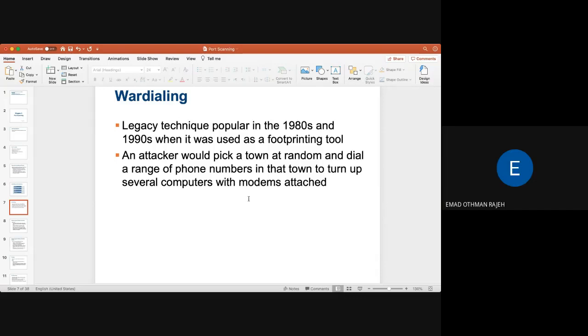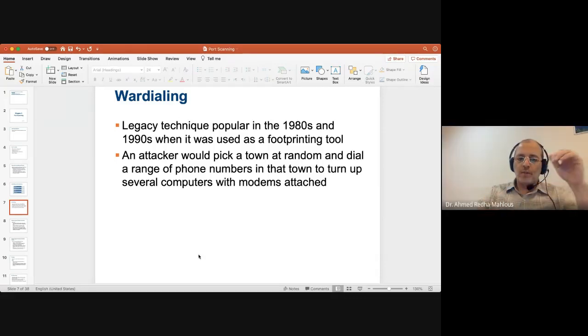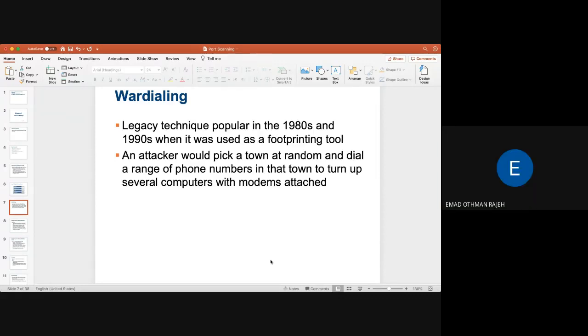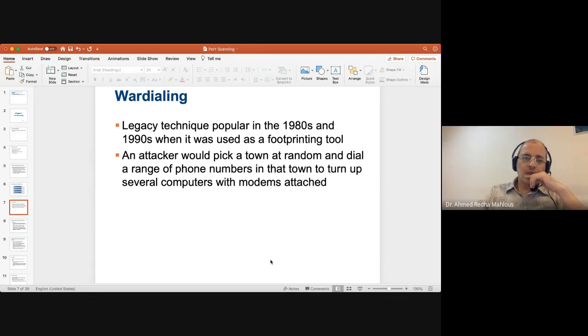Sorry, Doctor, what is a modem? We talk about the old modem, Shabab. What is a modem? It's like a router. Not that modem. No, not that one. Let's say an old modem, the real modem,